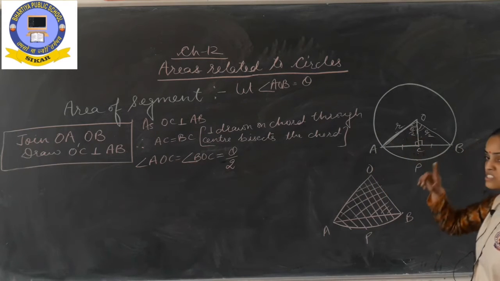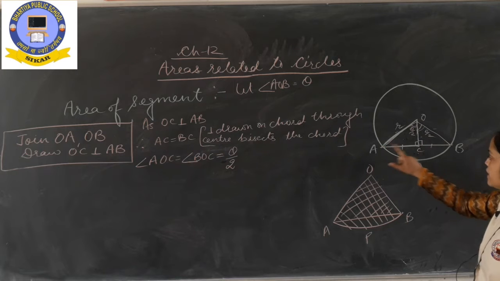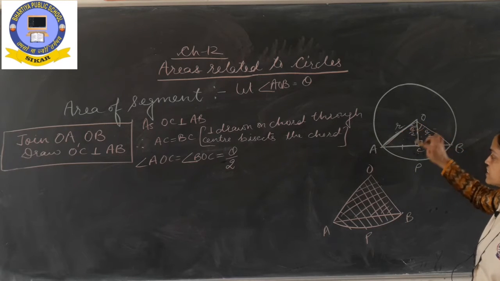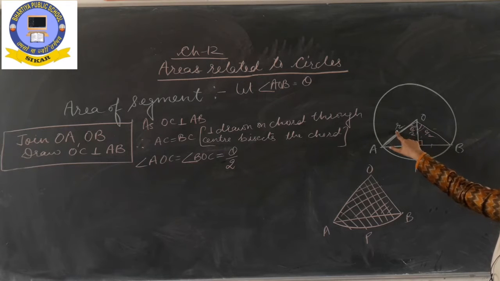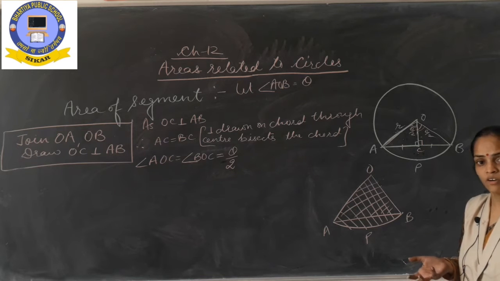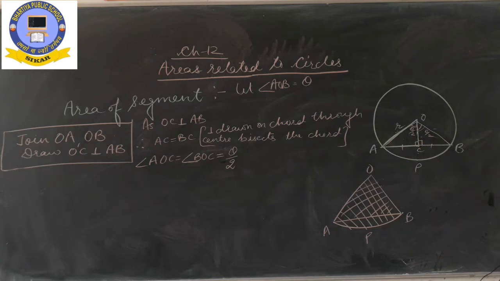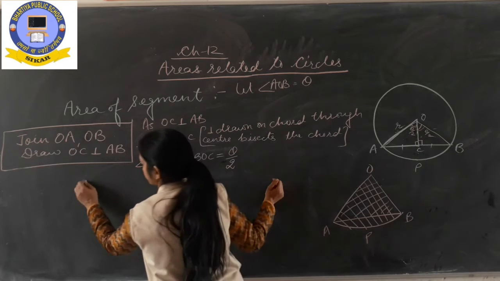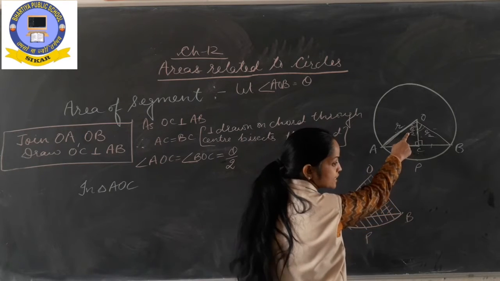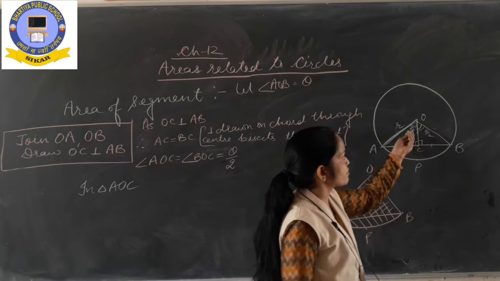Okay. Because in chapter number 9 you have studied that in a right angle triangle, if any one acute angle is given and out of these three sides any one side is given, then the rest of the missing things we can find easily with the help of trigonometrical concepts. Okay. So now in this triangle AOC we will be applying trigonometry for getting OC and AC. Okay. Now let's proceed. So in triangle AOC, this angle is theta by 2 given. So obviously we have to work with this angle.